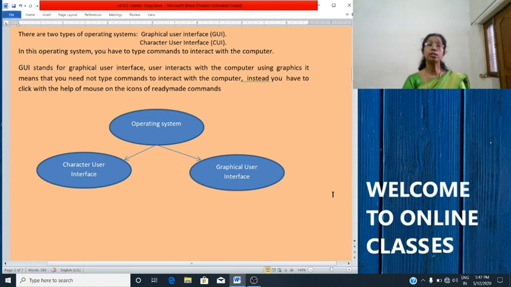Icons, menus, buttons, windows, etc. are used in place of the text commands. Most users prefer Windows operating system because of its features, because it is very easy to use. You do not have to learn any command. We need not remember any command to operate Windows.